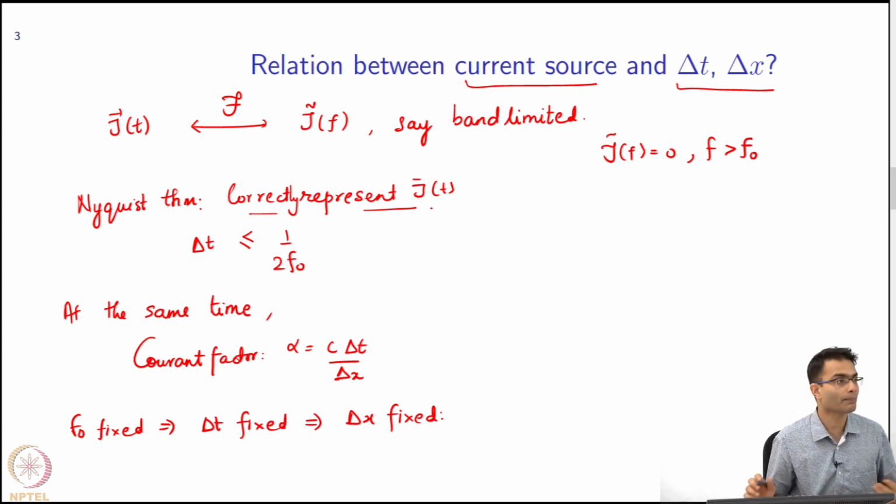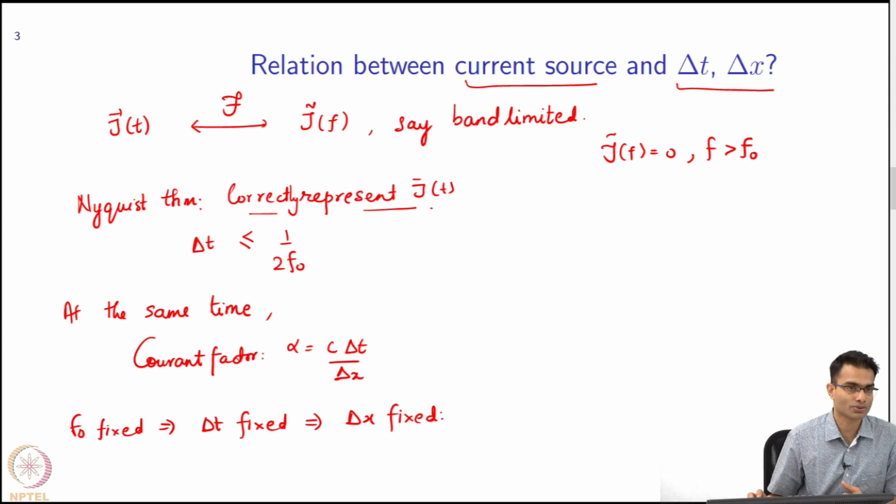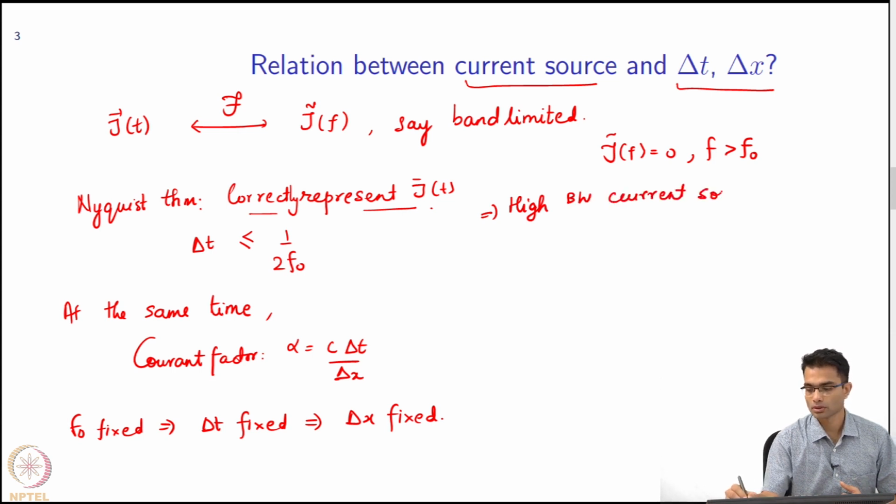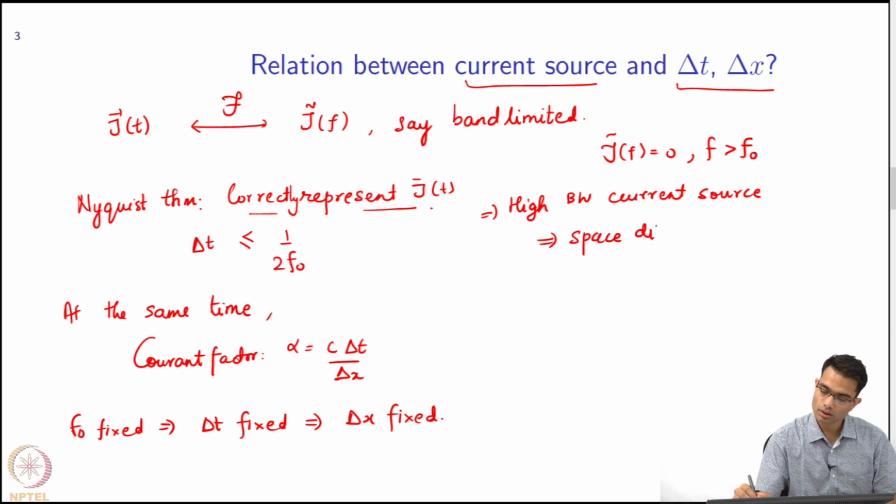So if I have a very high bandwidth current source, the implication is this, that space discretization must be very fine, right. It sounds like what is the relation, but you can see the relation is via the Courant parameter, right. Space discretization